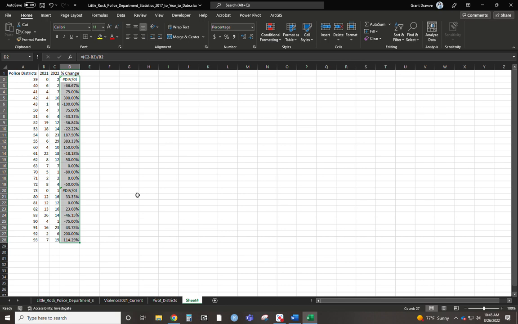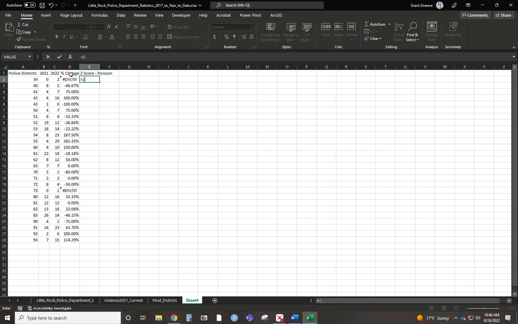We oftentimes think of that increase as always kind of what matters, but oftentimes police are doing work as well to try to prevent or reduce crime itself. So that's where we need to look at the significance of it. So with that, we're going to do the z-score, and I'll just put the Poisson here just so you can remember what we're working with here. So with that, to calculate it, we do 2 times, I'm just putting this fully, you don't have to have the multiplies part there if you're familiar with Excel, the square root of our current value, so that would be 2,